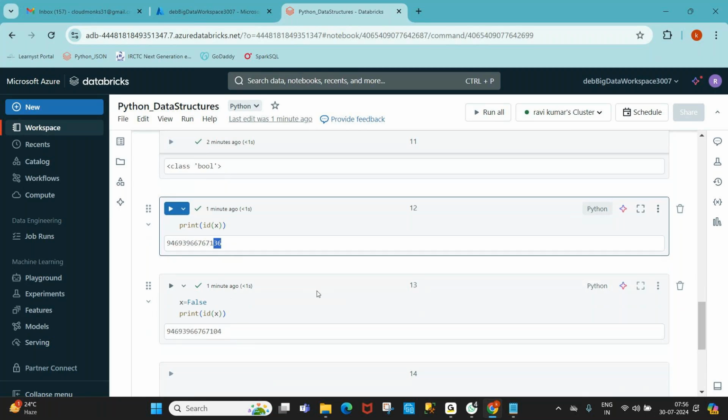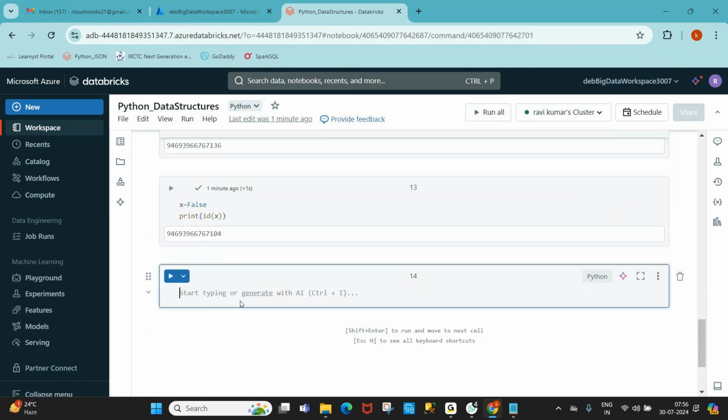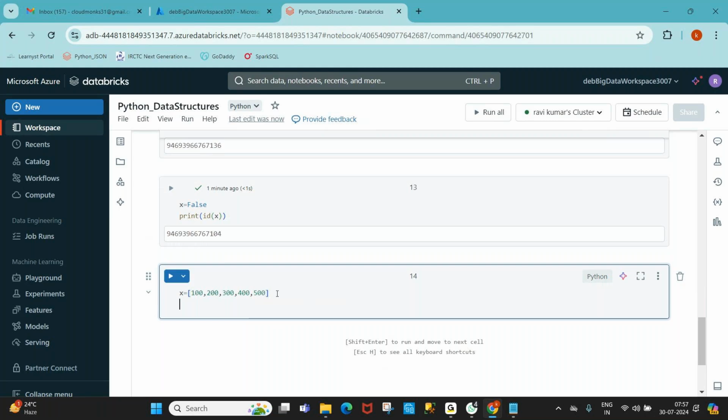For example, x is equal to, within square brackets, 100, 200, 300, 400, 500. How many values are there inside the square brackets? Is it a single data value or multiple data values? Multiple, not a simplified data value.